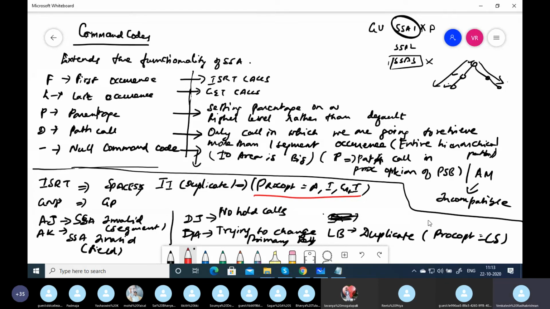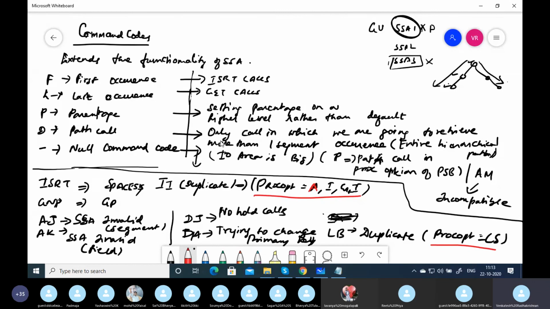Okay, so for initial loading, when the database is empty and used for the first time, we use LS. When the database is used for a second time, we can use processing option A, etc. And when we are using it for the second time, the database can be empty also. Okay, it need not be. Don't think the database will be empty only for the first time.